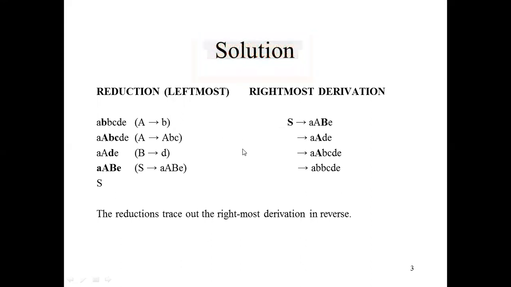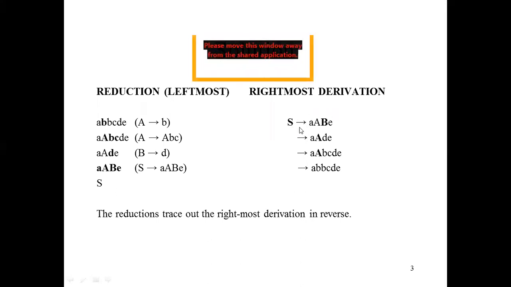Now we can proceed on both sides. We have capital S is equal to, first you concentrate over this. Capital S is given as a, B, e. Now whether we can achieve this value or not, first we will concentrate over this. How will we achieve this value, a, b, b, c, d, e? Then see here, this is small a, capital B, small e. This is given already in the problem. Now we start to replace the value.